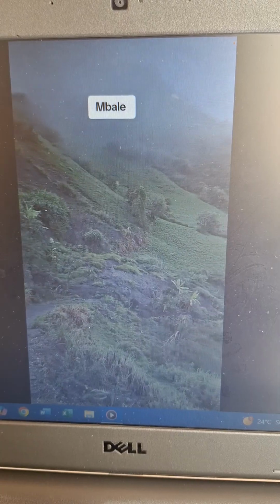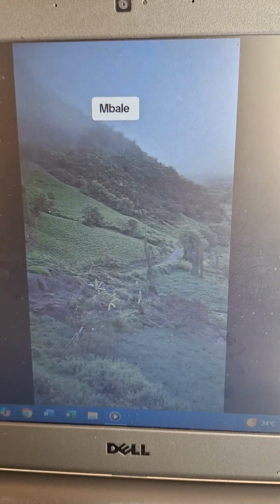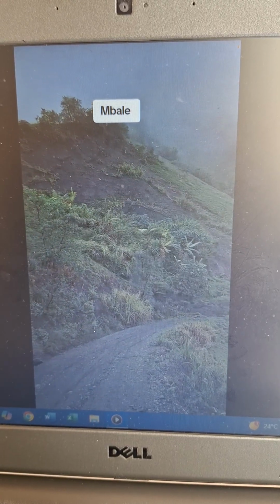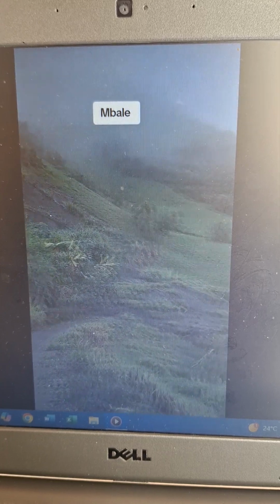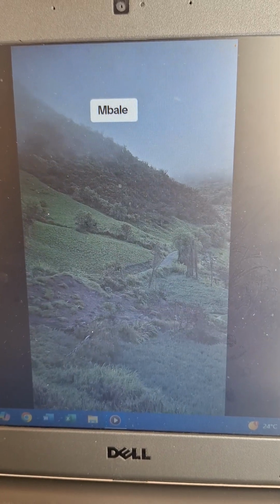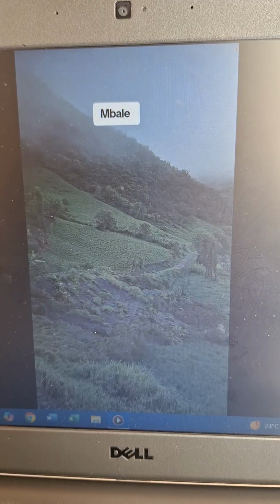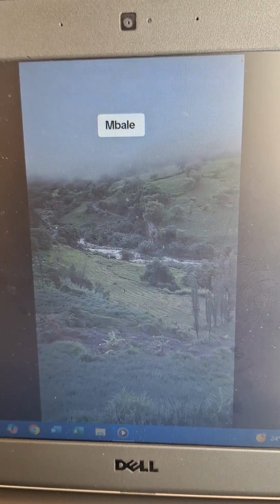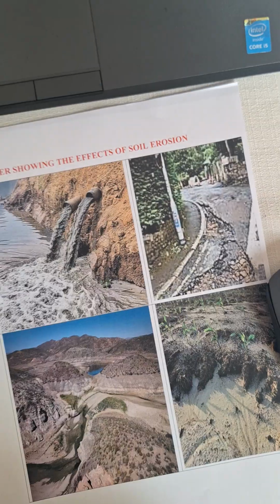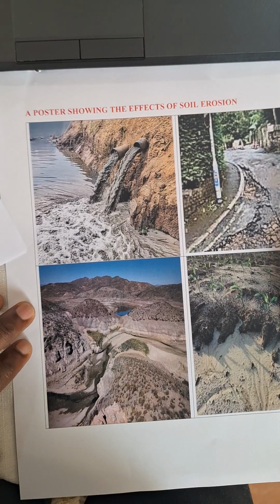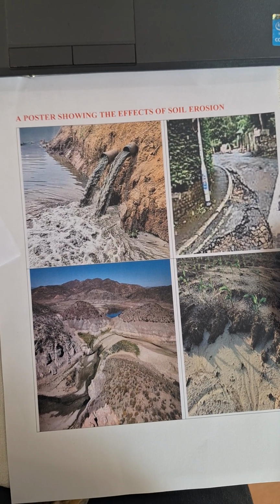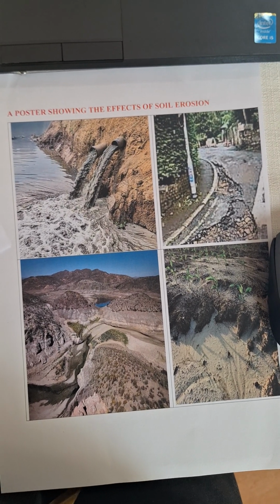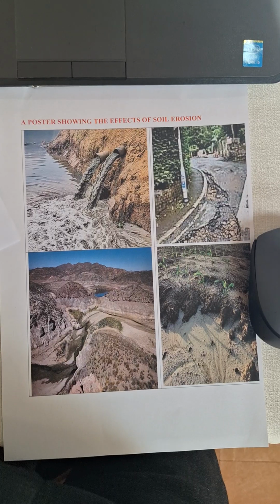And down the valley, you will see that the runoffs destroyed the water. The water was polluted in the river down there. To sum it up, a poster would also be brought in, which would be pinned on the wall for future reference, and this would be pinned at the end of the lesson so that my learners are able to refer